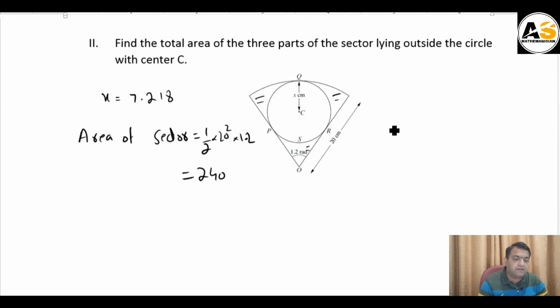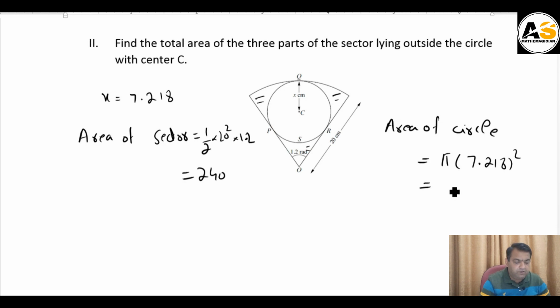And area of circle, which is inside this sector, is pi r square. Pi into what is r? 7.218 its square. When you will simplify it, it will be 163.6